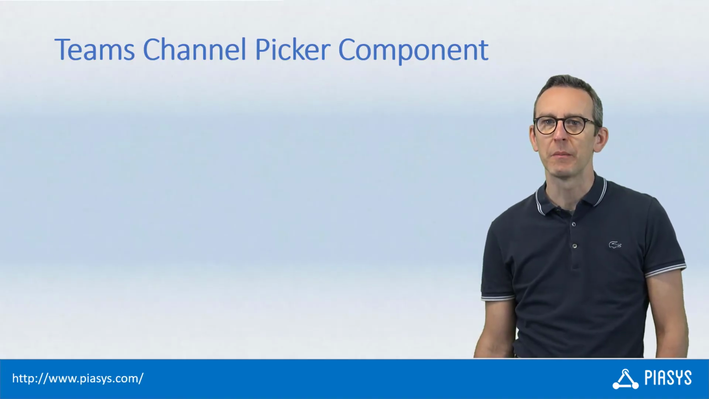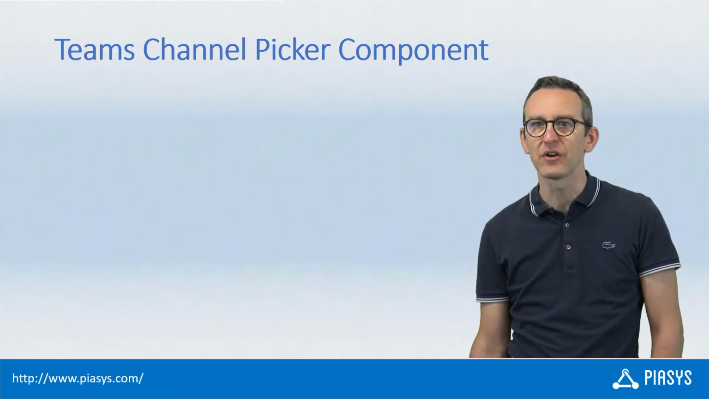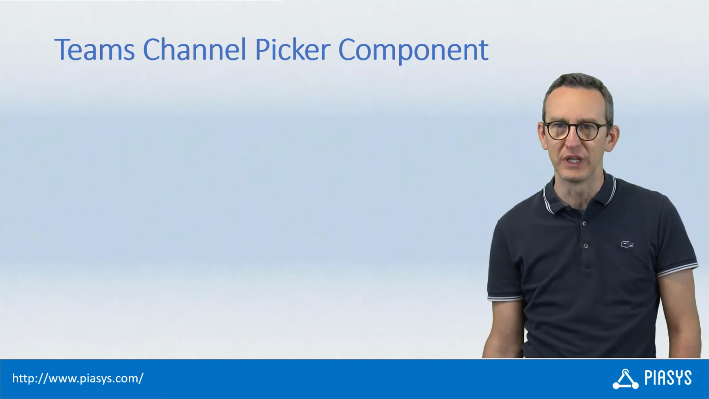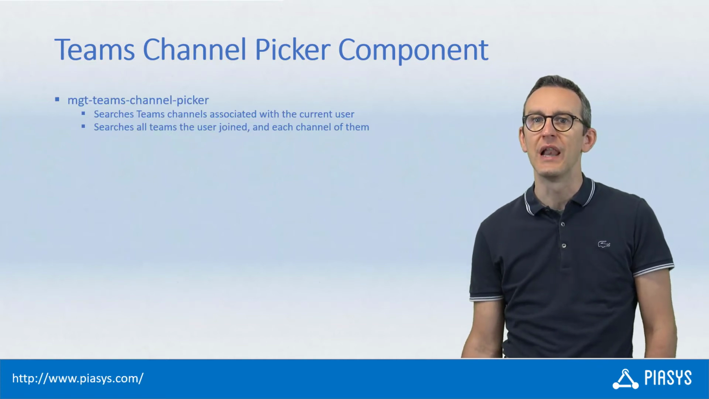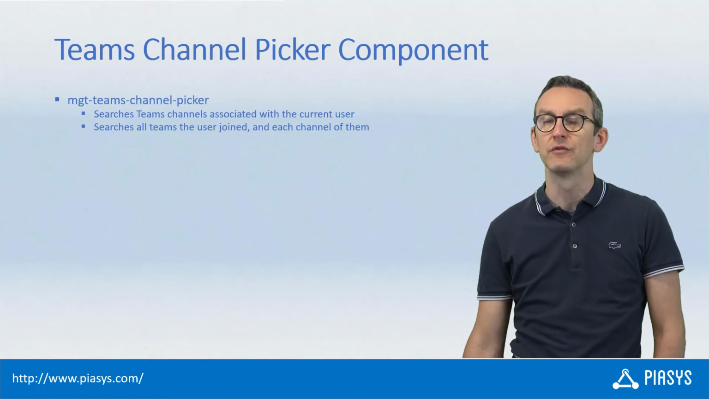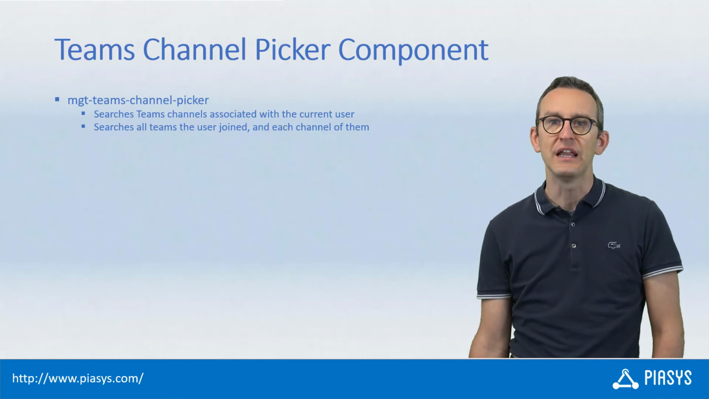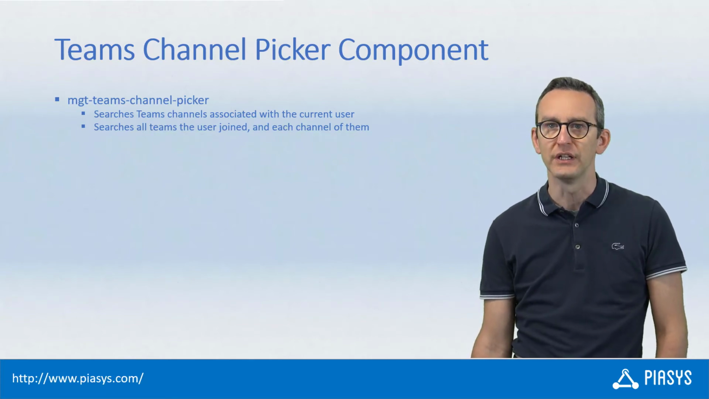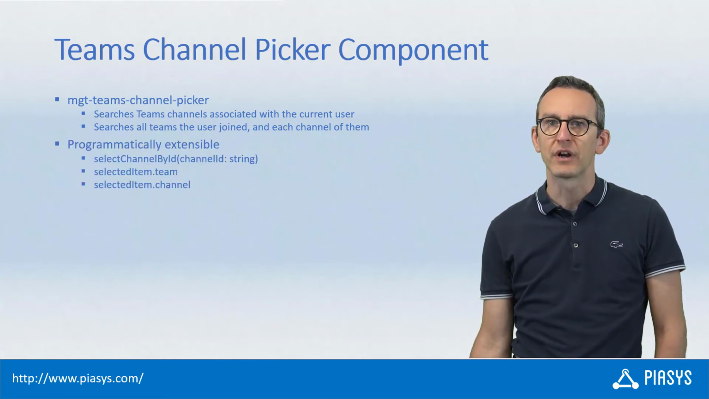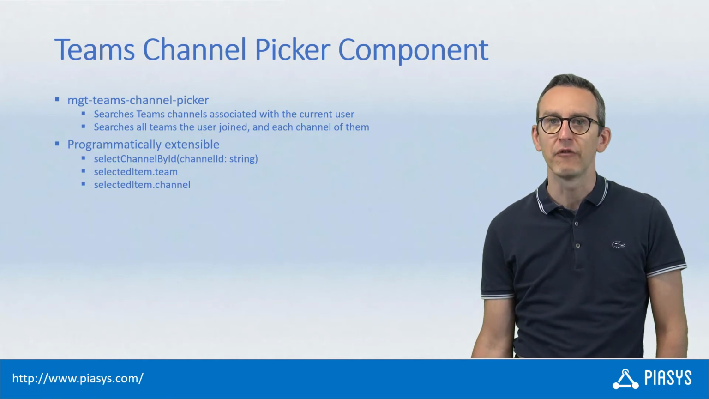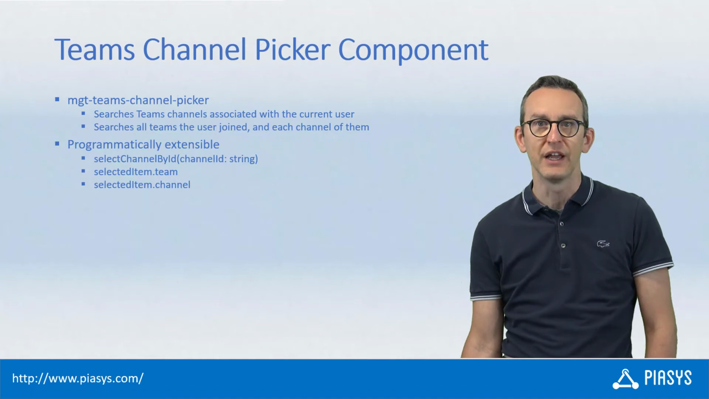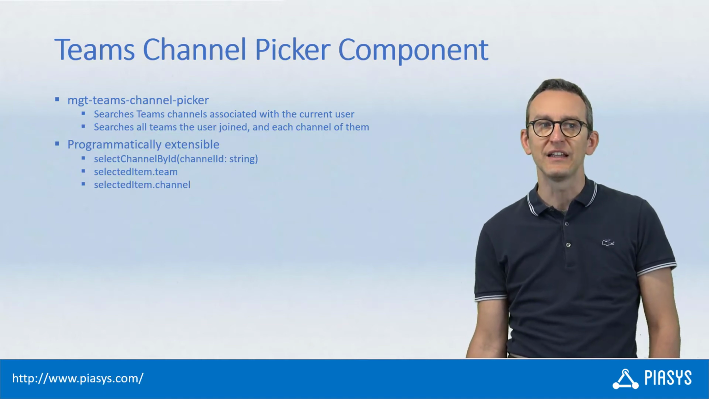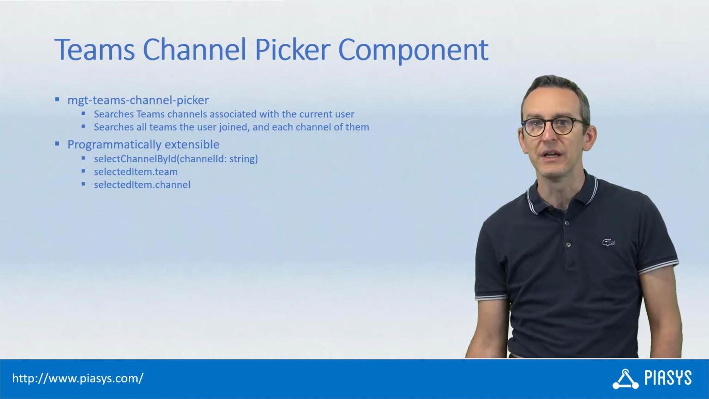Today we are going to talk about the Teams Channel Picker component of the Microsoft Graph Toolkit library. This component is really useful to allow users to choose a channel in any of the teams they joined. It is programmatically accessible. In fact, you can use it to select a specific channel or to get the selected channel team and channel